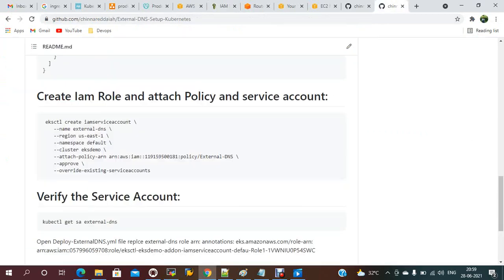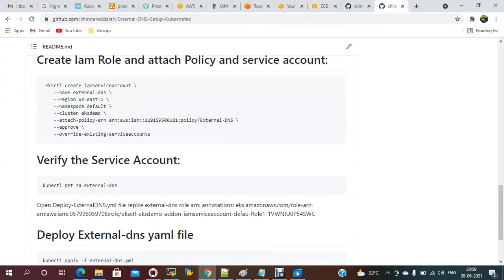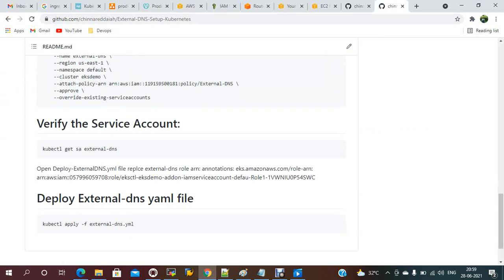After this is completed, you have to verify the service account, kubectl get DNS name. Okay. Once this is done, deploy the external DNS YAML file and replace the ARN name. We have to update this one.